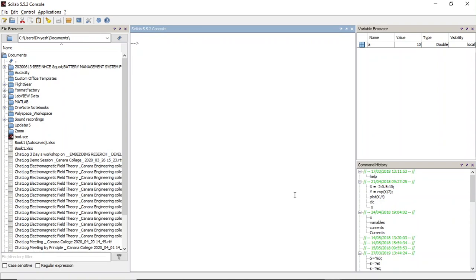So the next key point which you should remember while using Scilab is that it is case sensitive. What does it mean? It is necessary to respect uppercase and lowercase for calculations to be performed properly. I can give a good example. If you want to find the square root of a number, Scilab has a built-in command for finding square root, that is sqrt.